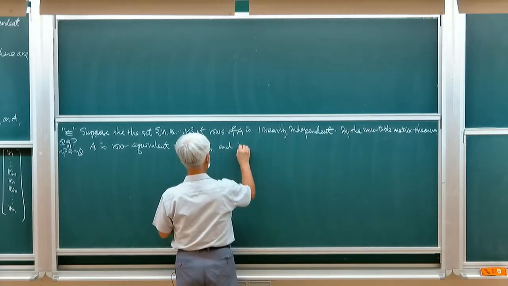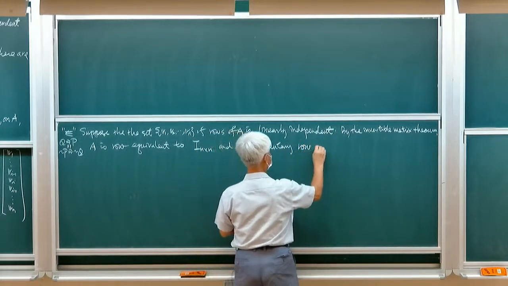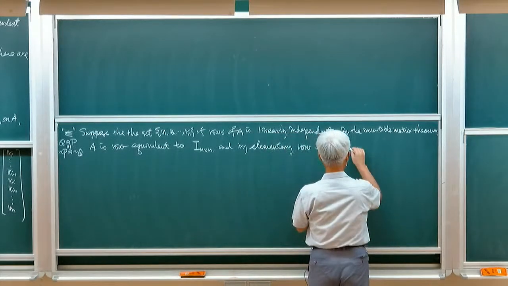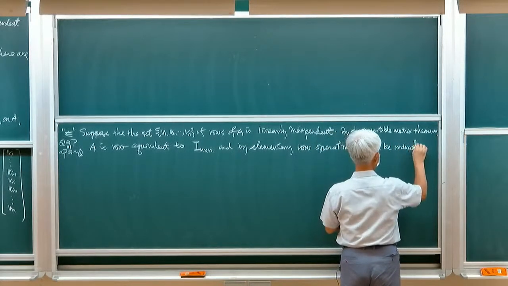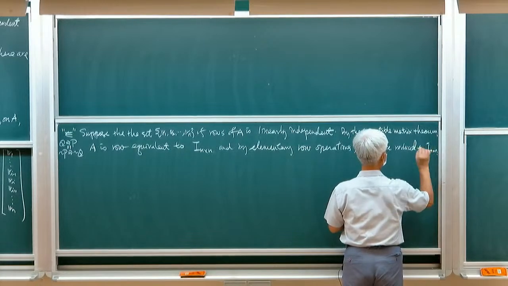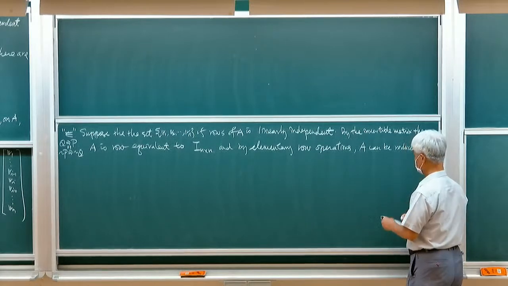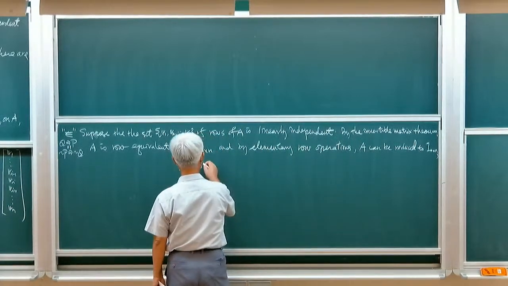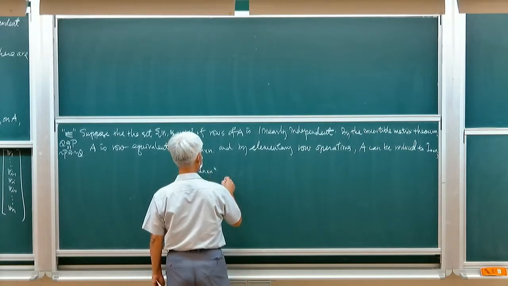And by elementary row operations, A can be reduced to identity. Okay, so A can be reduced. All right, so you can say that we can apply that